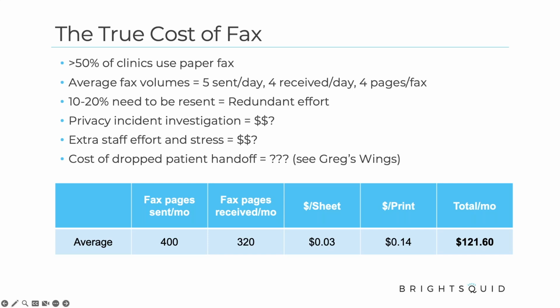And fax has been implicated in a number of investigations around things like patients falling through the cracks. The unfortunate story of Greg Price is well publicized. If you're not familiar, go to the Greg's Wings Project and check out their film. It's a really worthwhile watch to help understand some of the issues that can happen when we're not using the